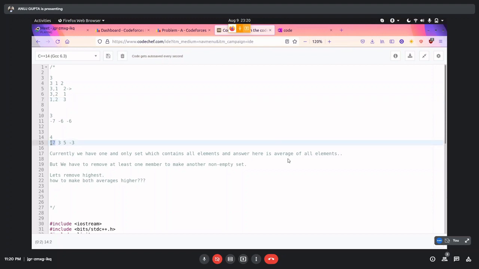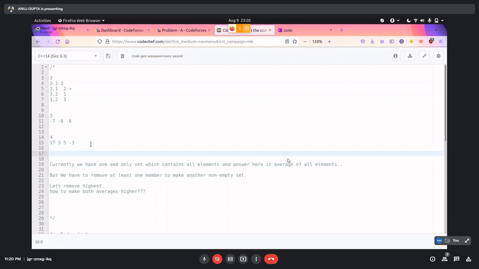In the case 17, 3, 5, minus 3, we remove the element 17, and the subset we created is 3, 5, minus 3, and the other contains 17. So now we check if we get a benefit by removing another element from this subset. Let's remove 5 from this, the largest in this set.